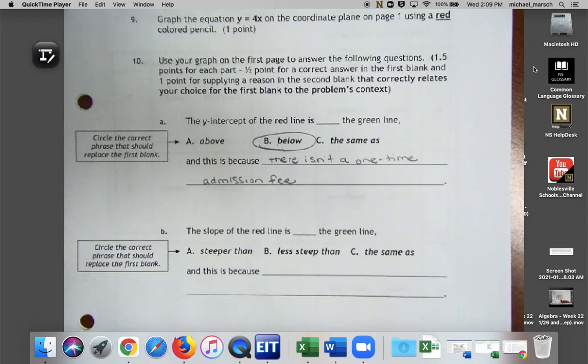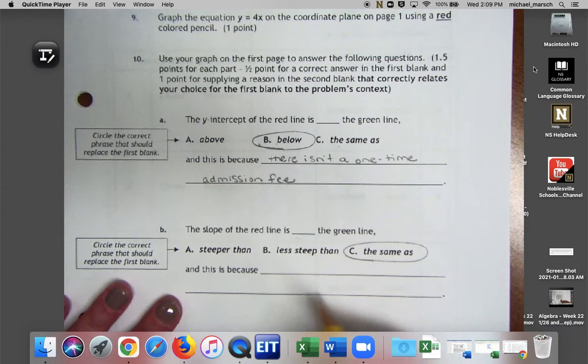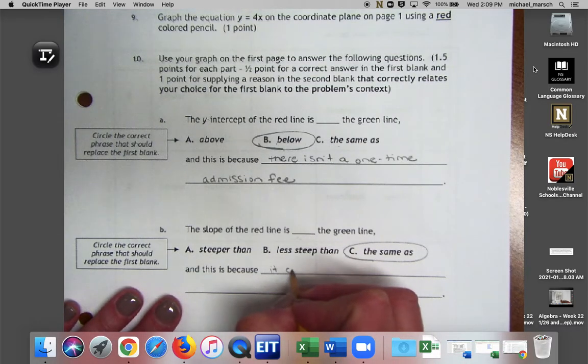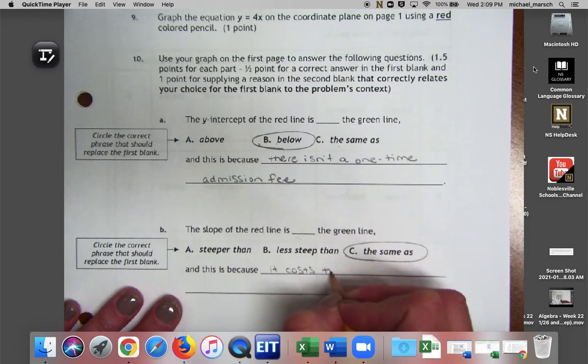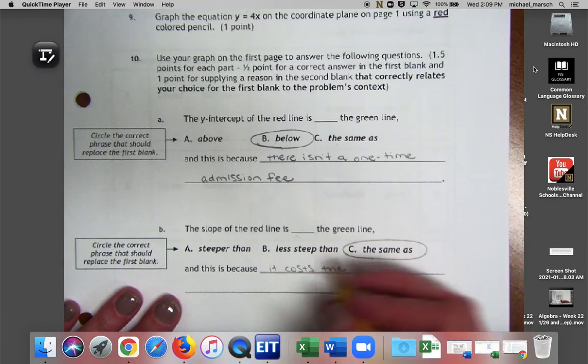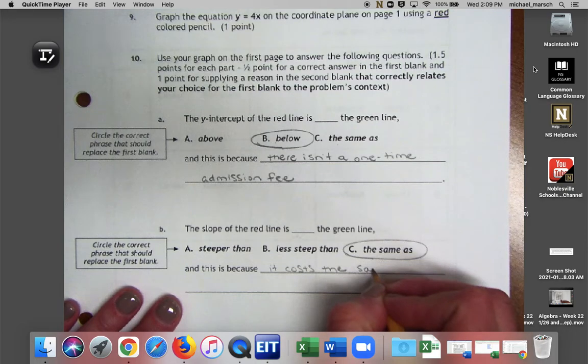How about the slope? Steeper than... It's the same. It's supposed to be the same. Remember, it doesn't look that way on my graph, but it's actually the same. Right. And this is because, oh, I was thinking the blue line. Gotcha, it costs the same